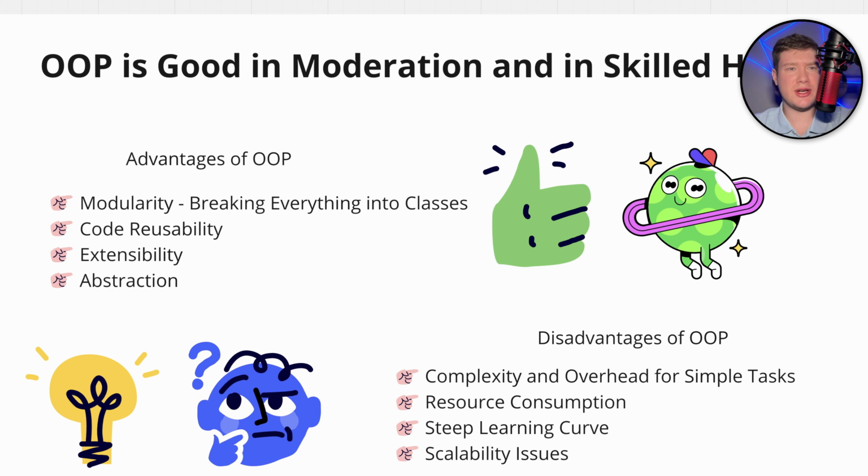Of course, object-oriented programming is good in moderation and in skilled hands. The advantages of object-oriented programming are modularity, code reusability, extensibility, and abstraction. And of course, object-oriented programming has disadvantages: complexity and overhead for simple tasks, resource consumption, a steep learning curve because it's one of the most difficult topics in programming, and scalability issues